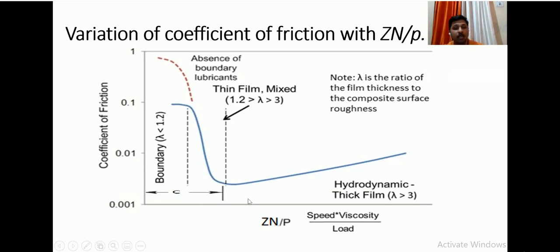And we don't want to run our bearing at this value. We always want to run our bearing above the bearing modulus. That means we want to run our bearing for a characteristic number which is higher than the bearing modulus. Because what is the bearing modulus? Bearing modulus is the value of bearing characteristic number corresponding to minimum friction possible for the particular application. So this bearing characteristic number is very important.